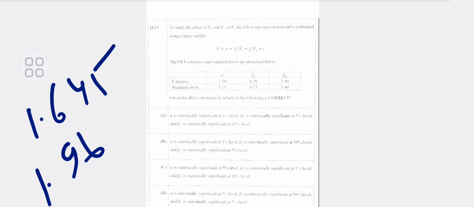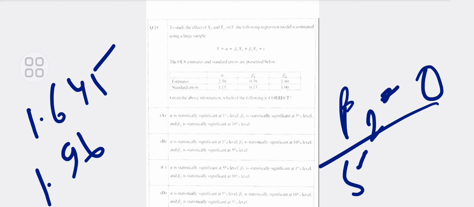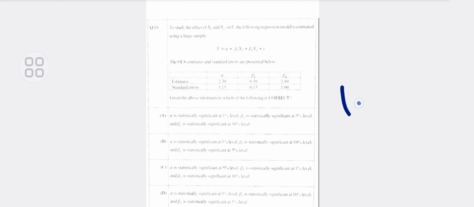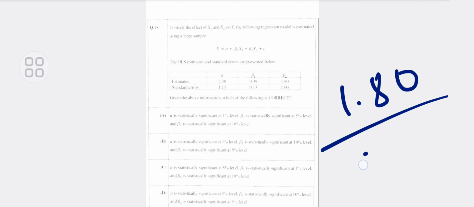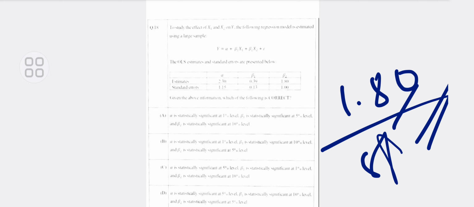If I take beta 2, then the statistic will be beta 2 minus 0 divided by the standard deviation of beta 2. So it will come like 1.80 divided by the standard deviation, which we have to find out, and we put in the answer and check whether it is statistically significant or not. Accordingly we have to find this out for each and everything, and finally we can find the answer for the question. Question 19 says that suppose